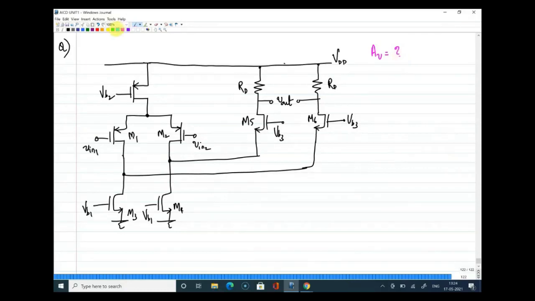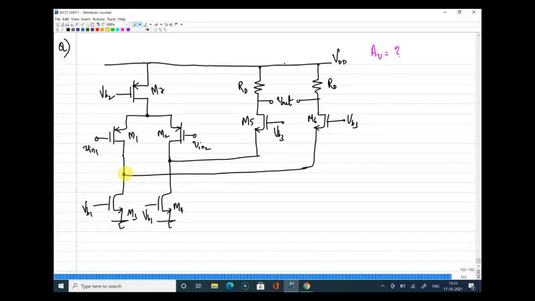Sir, the first is the drain of M3, that node. One second, this is M7. Which point is the drain of M3? This one node, sir. How can you say that this is ground? So to make the circuit symmetric. No, we are not grounding to make the circuit symmetric. Since the circuit is symmetric and excitation is anti-symmetric, the line of symmetry points will be at 0. That is the discussion point we made, right?